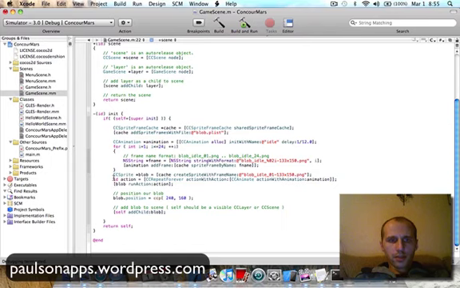So, CCSprite blob equals cache spriteWithFrameName, blob idle, and what we're doing here is just setting my initial sprite to display on the screen. I just give it a name, blob, and I grabbed that from the cache because we already have all of the images in here already. So for my initial sprite, I'm just going to grab it right from there, spriteWithFrameName, and I'm just going to call out the first image, so it's the 01 image. That way I have it coming out of the cache, and it's just a nice clean way of doing it.